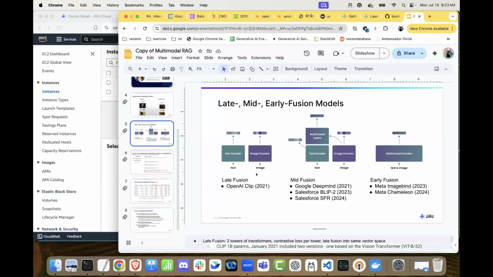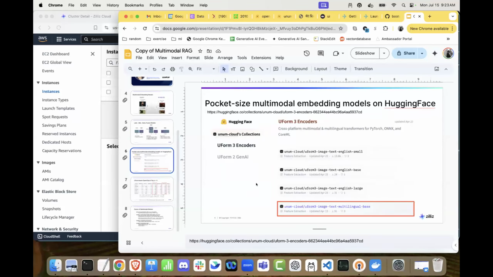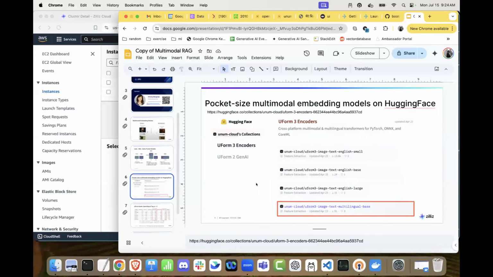And the key, especially with CLIP, came when they took this vision transformer architecture and they added